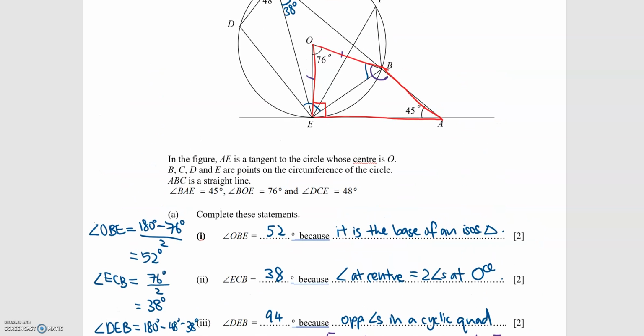Alternatively, you might not want to use the quadrilateral. You can also make use of triangle BEA,